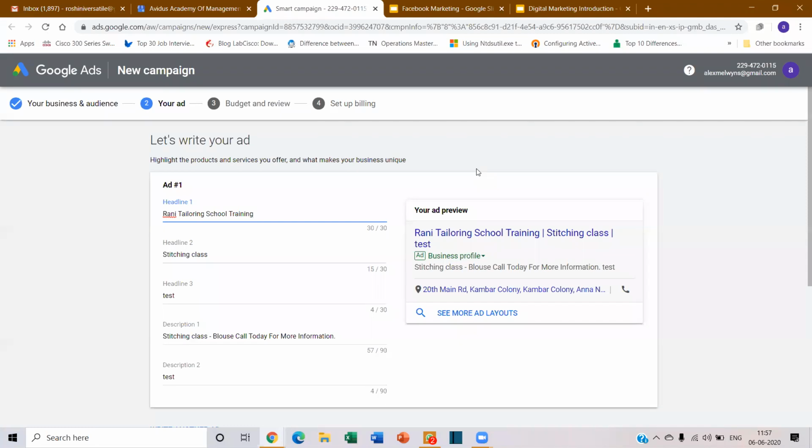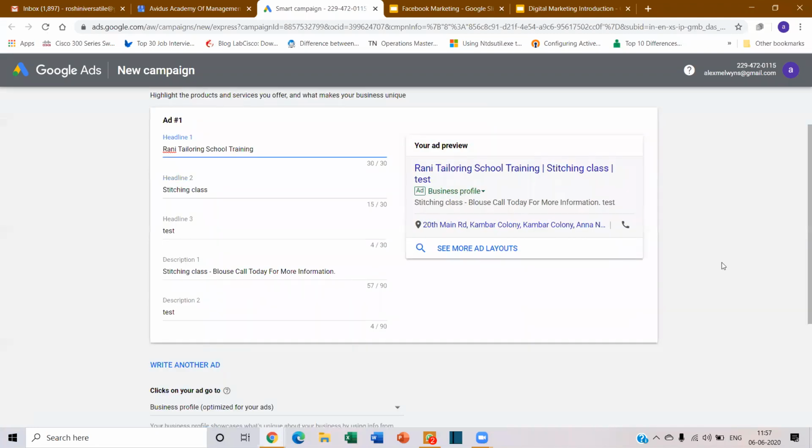Yesterday we saw the Facebook marketing campaign, where we had audience selection, promotions, custom and lookalike audiences, and all that. But in Google, it is not much like that. Google is a very simple ad.